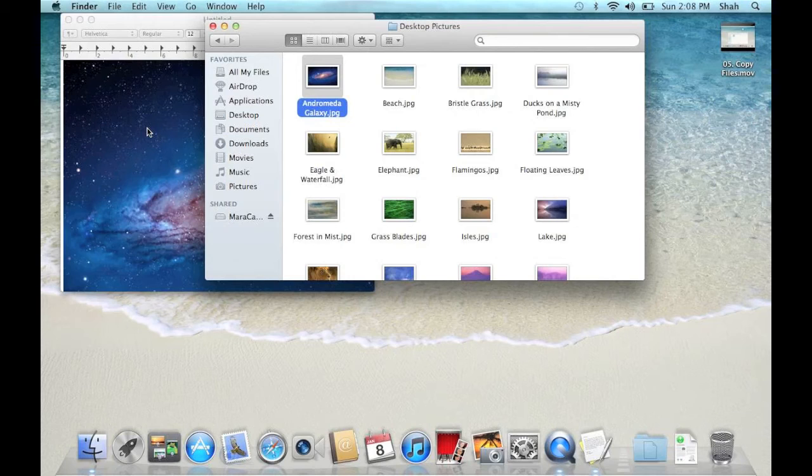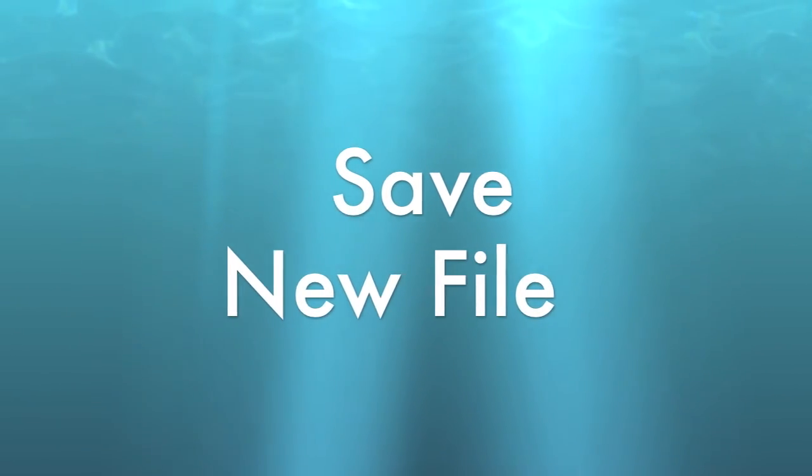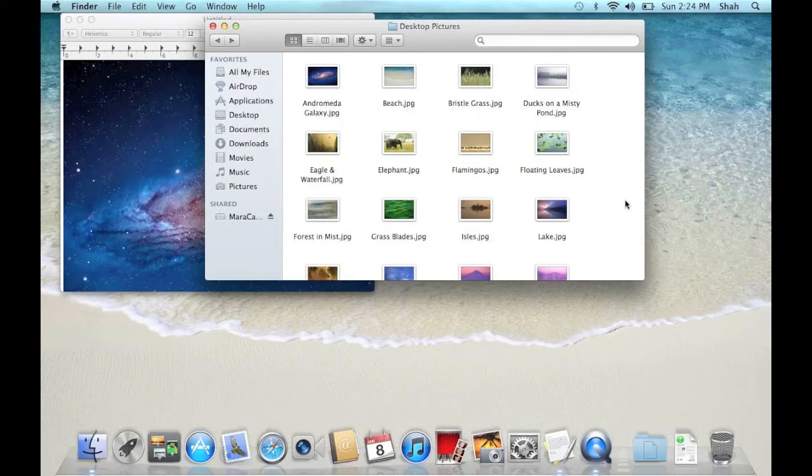This is called drag and drop. To make Text Edit the active application, you can either click on the Text Edit icon in the dock, or you can click on the Text Edit window.